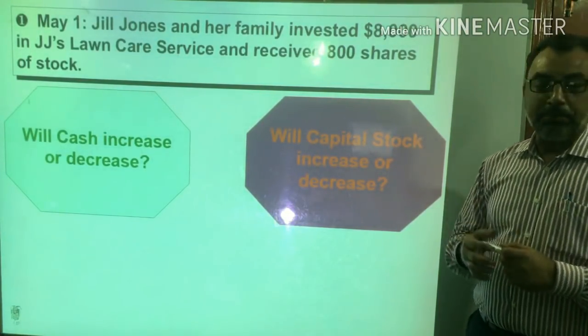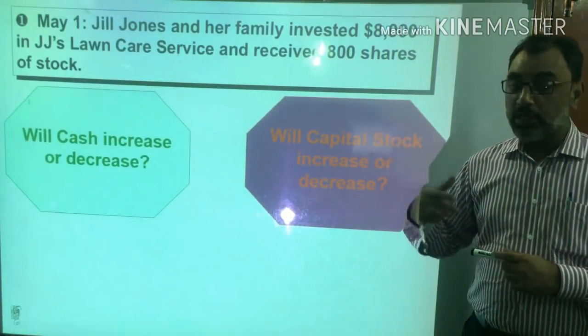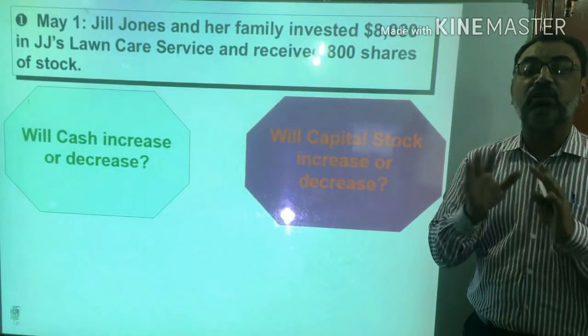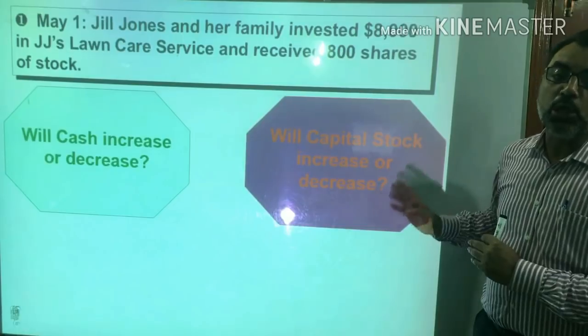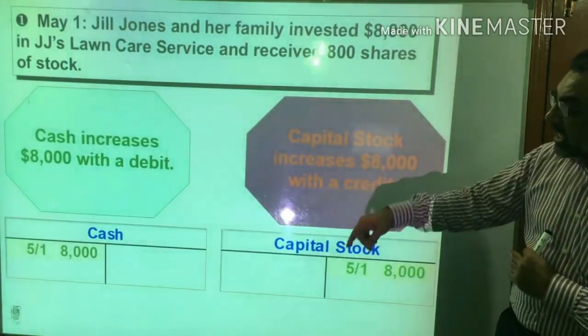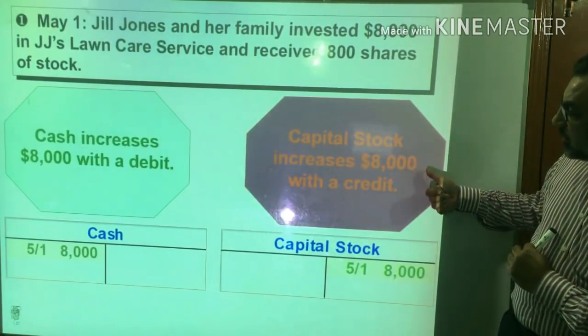So, what will happen in the business? Will cash increase or decrease due to this transaction? Obviously, the business is going to receive a cash of 8,000. So, the cash will increase, and owner's equity will also increase by 8,000. So here you can see that cash increased by 8,000 with a debit and the capital stock increased by 8,000